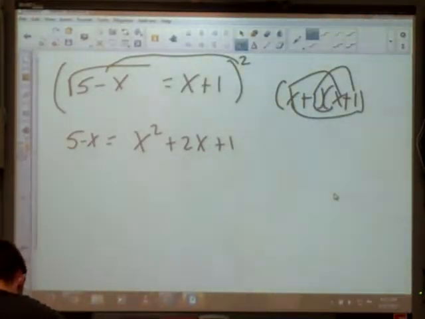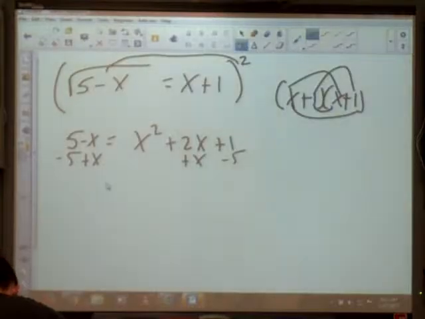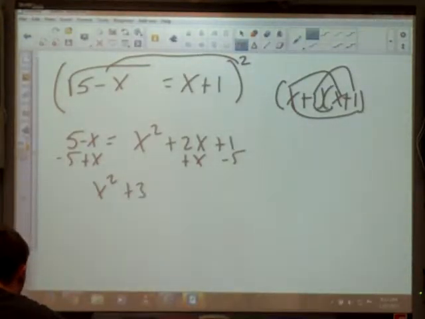Now since that's squared, that's a quadratic. What do we try to do when we're solving a quadratic? Yeah, but we have to do something before. Good, we need to set it equal to 0. So I'm going to subtract 5 from itself and its buddy, and since this x is being subtracted, I'm going to add x to itself and its buddy. That'll cancel out. x squared plus 3x minus 4